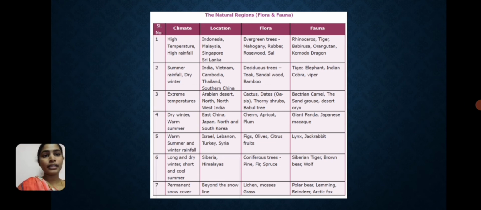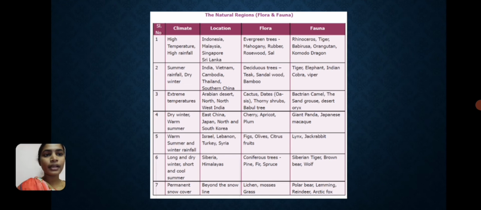Okay, in this we are going to see climate, locations, flora and fauna. Flora means trees and fauna means animals. Okay, so the first climate is high temperature and high rainfall. And the location is Indonesia, Malaysia, Singapore and Sri Lanka.